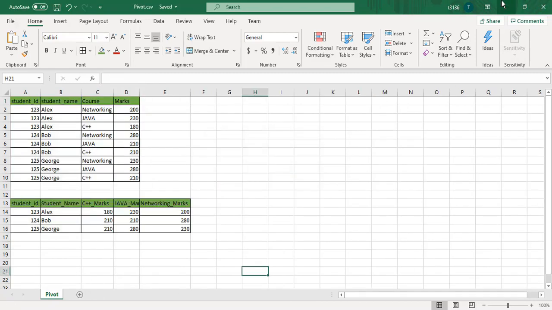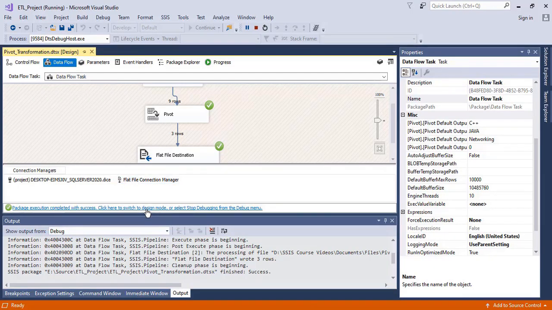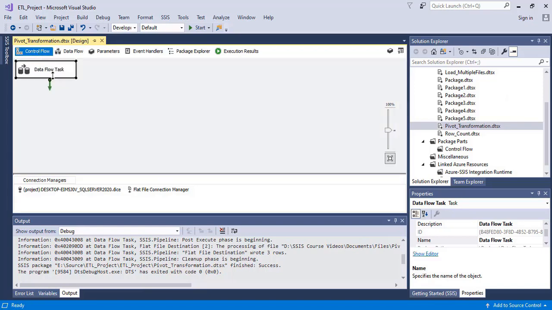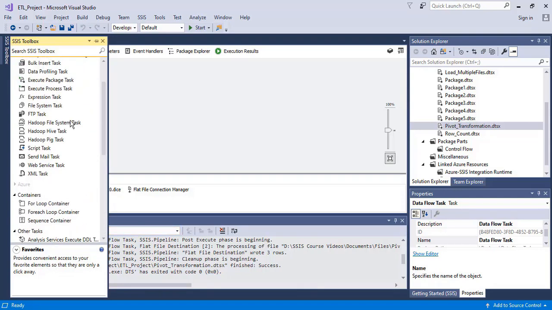Now next, I'm going to use the FTP task. I need to go to the edit mode, control flow. After the data flow task, I want to use the FTP task.